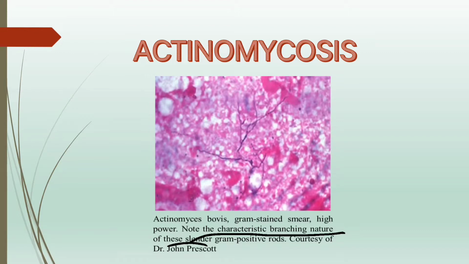This should be differentiated from actinobacillosis, which is also a bacterial disease that involves soft tissues of the body, such as the tongue. So the name given is wooden tongue in actinobacillosis. And in actinomycosis, these organisms mainly involve the hard tissues of the body, such as the mandible, maxilla, and other bones of the head. So actinomycosis is a hard tissue disease, whereas actinobacillosis is a soft tissue disease. With this information, let us look into the other aspects of the disease.